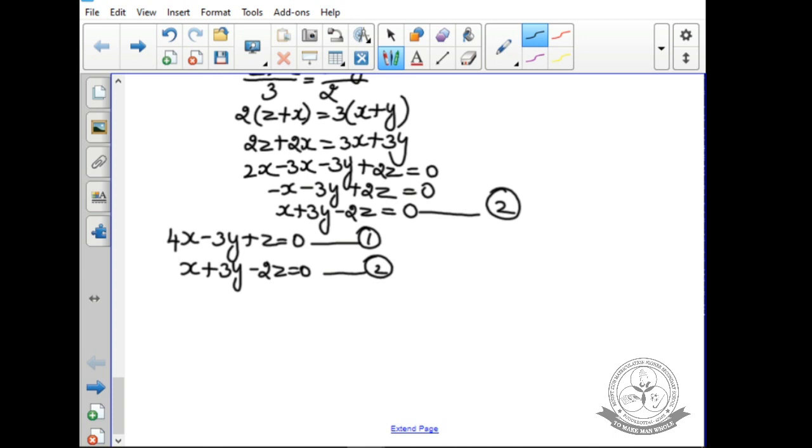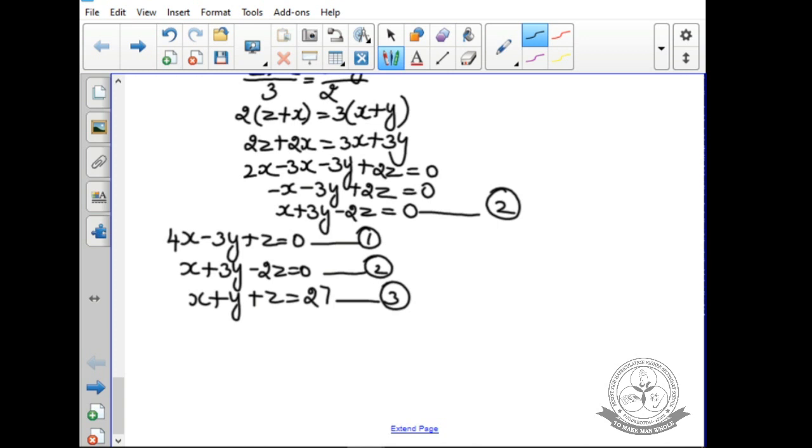The third equation is given in the form x plus y plus z equal to 27, so you can take the third equation as it is. Take it as the third equation. Now we have to analyze the given equations.